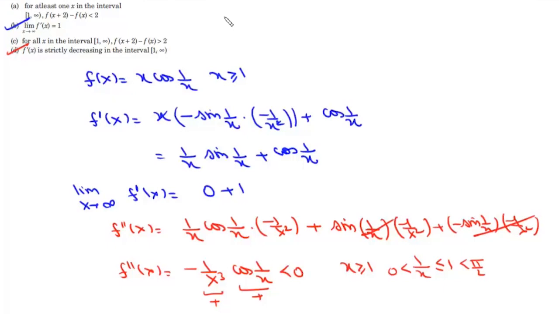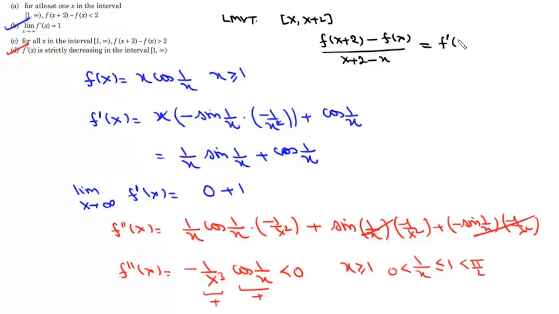Now we'll try and apply Lagrange's mean value theorem for this function in the interval x to x plus 2. We can write f(x plus 2) minus f(x) upon x plus 2 minus x, that is equal to some f dash x naught, where x naught lies in the interval x to x plus 2. Now, we have established that f dash x is strictly decreasing in the interval 1 to infinite. So that means any f dash x